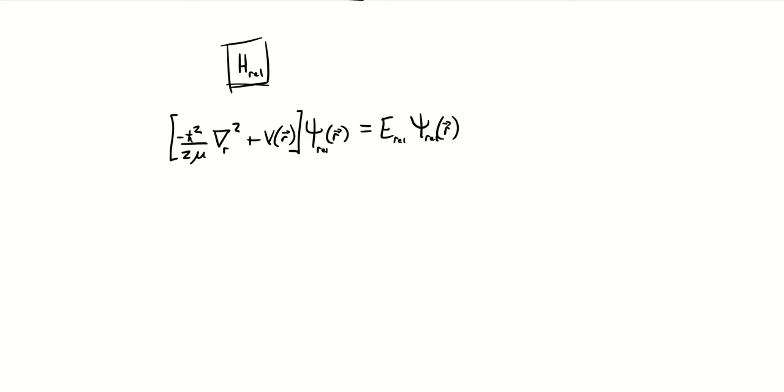Now, one thing we want to notice here is that this potential doesn't really depend on the vector r so much as just r, that coordinate, the distance between the nucleus or the proton and the electron in hydrogen. So this means it's spherically symmetric, right? So we want to use a spherical coordinate system to solve this problem.